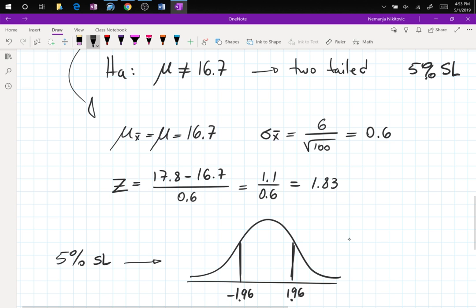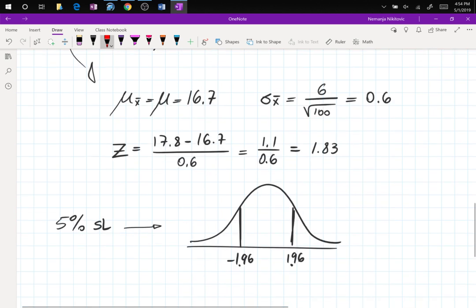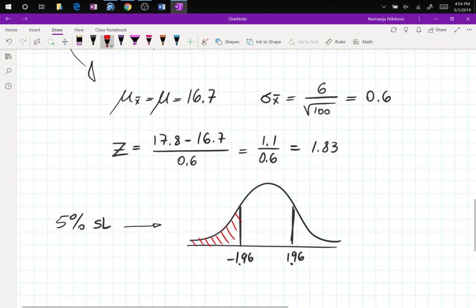These are the numbers. You don't get to change this, right? If I change, I don't know, 7% significance level or 10% significance or 2% significance level, then these numbers change. But for the 5% two-tail, this is what you have for your rejection regions. Your test statistic worked out to be 1.83. 1.83 is smaller than 1.96, falls in a do not reject. And we have to say as the answer,